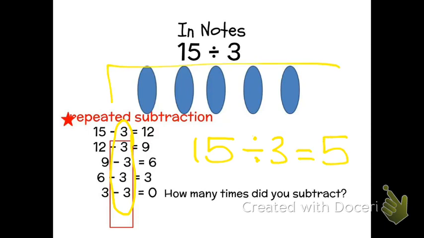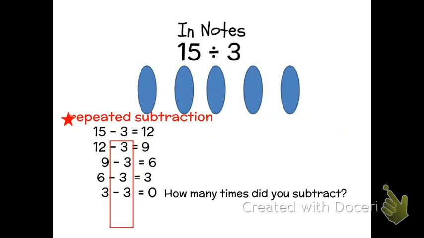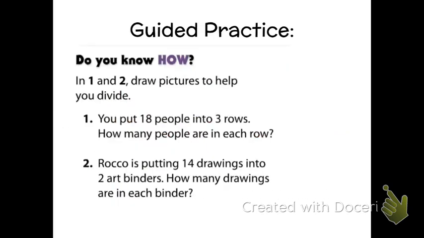In this picture example right here, I'm using a model. I have 15 divided by 3, meaning I want to separate everything I have into 3 groups. So I'm separating each one of my items into 3. I want there to be 3 items in each group, which tells me that in the end, I end up with 1, 2, 3, 4, 5 groups total. At any point, feel free to pause the video to get caught up on any of the visuals or note-taking